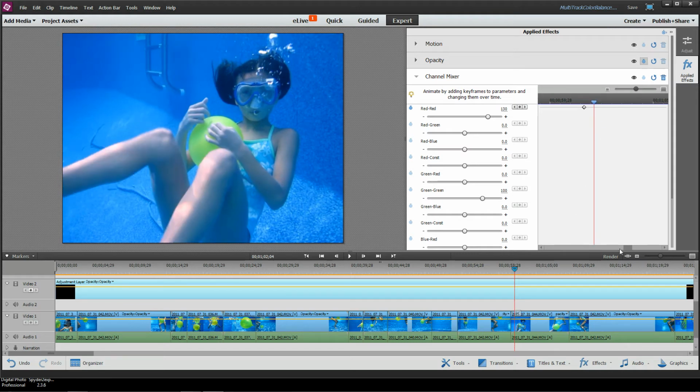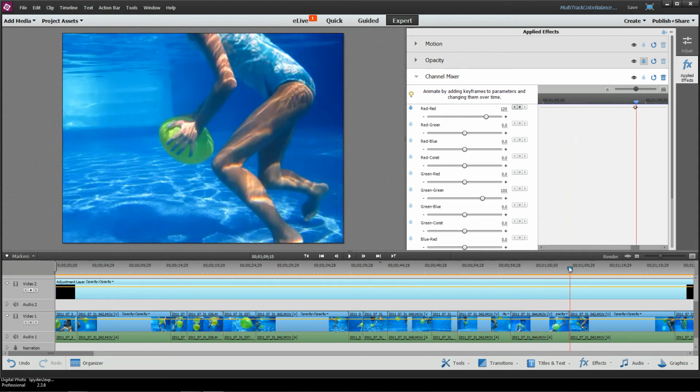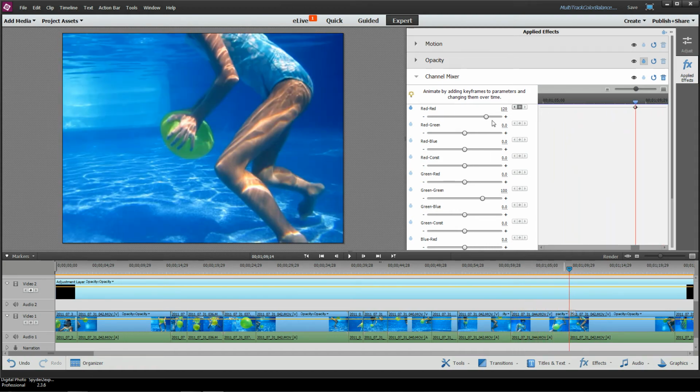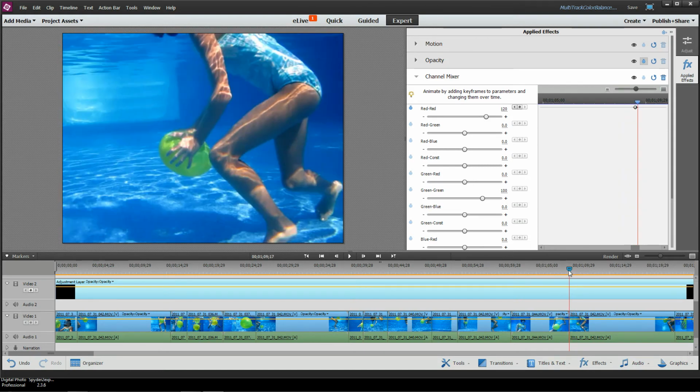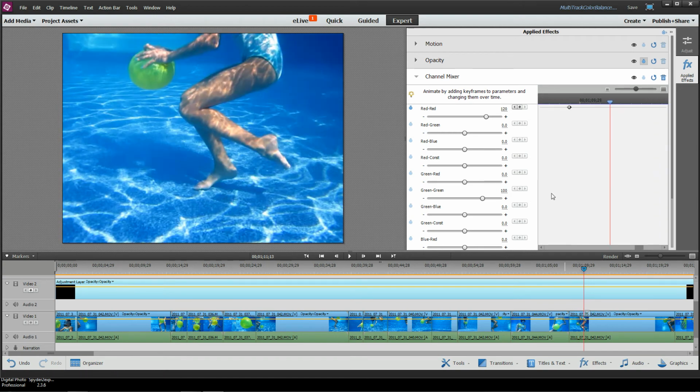I'm not going to spend a whole lot of time on this example shot. Then when you go back to the end of the clip, it'll go back down to the 120. And notice this little indicator up here is when I jump across the clip, it jumps back from its 120 to 130. Alright, so that's just the color balance there.